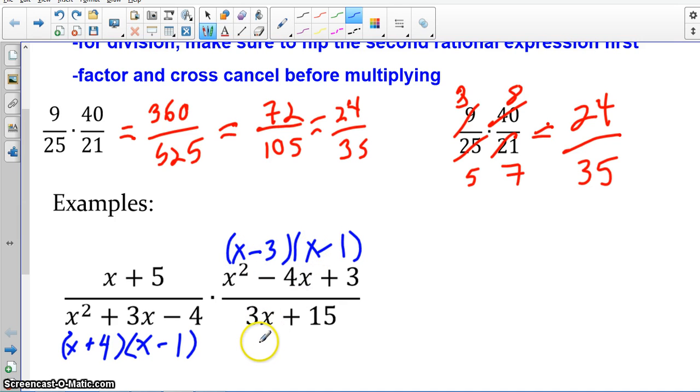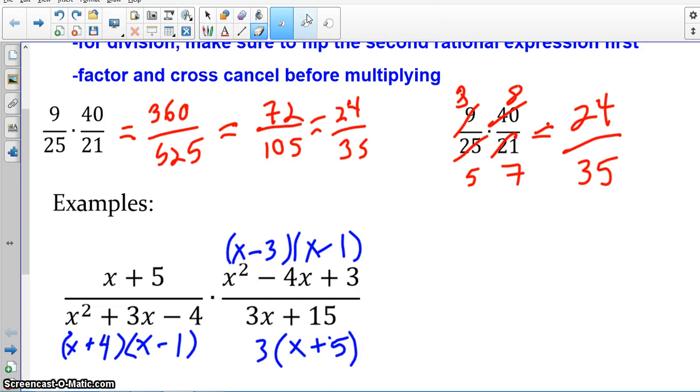And then last but not least, this is an easier problem. This is 3x plus 5. That looks bad, let me fix that. So then once you get everything factored, that's the hard part, really. I've kind of skipped over the hard part, but you should know how to do it. The new idea in this lesson, or one of them, is